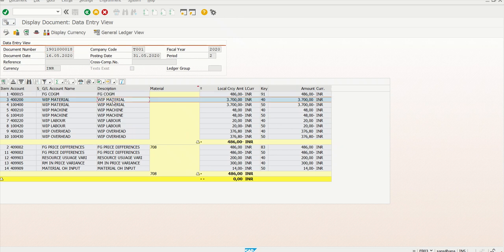This is the WIP which was calculated previously. It got reversed here because the second time we don't have any WIP. Variance is there, so the previously calculated WIP is going to reverse, and here the variance is going to be calculated. Whatever target account we have given in the configuration, it is going to update based on that target account. This is the way it is going to update your variance account and WIP into different cost elements in the SAP S4HANA system.